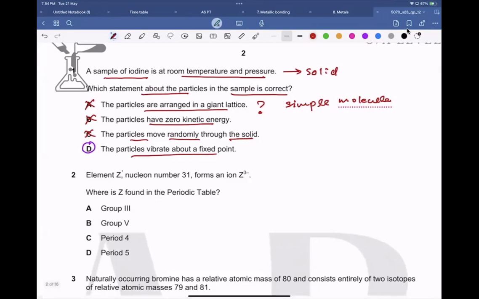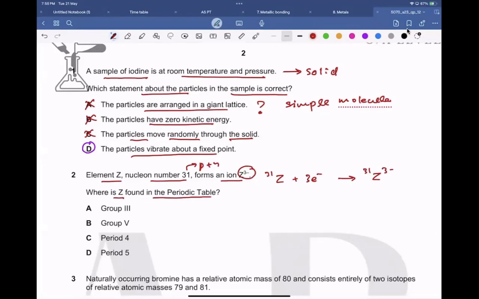Now, question number 2. Element Z, nucleon number 31, forms the anion Z3 negative. So it means that Z is gaining 3 electrons and forming Z3 negative, and its nucleon number is 31, right? Which means sum of protons and neutrons. Where Z is found in the periodic table. So if it's gaining 3 electrons,